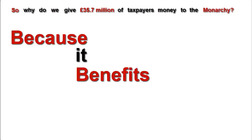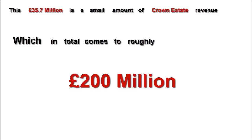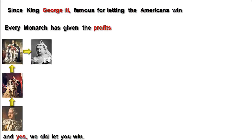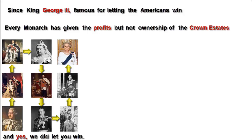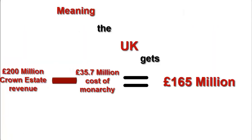Because it benefits the UK. This £35.7 million is a small amount of Crown Estate revenue, which in total comes to roughly £200 million. Since King George III, famous for letting the Americans win, and yes, we did let you win, every monarch has given the profits but not ownership of the Crown Estates to Parliament, meaning the UK gets £165 million in profit